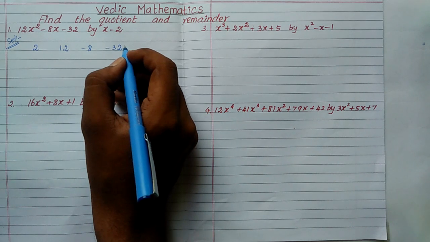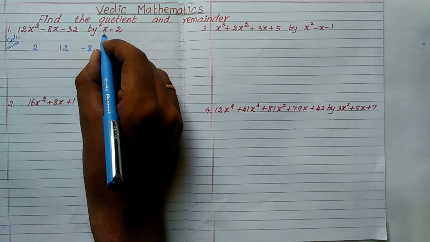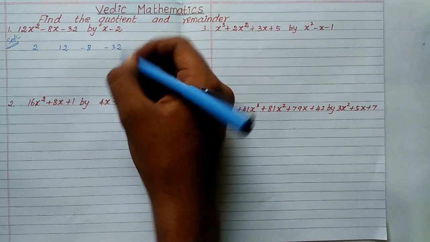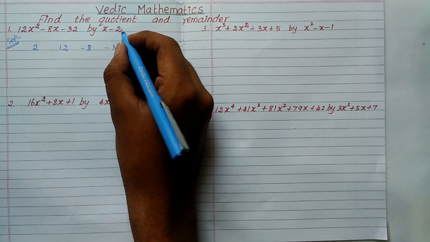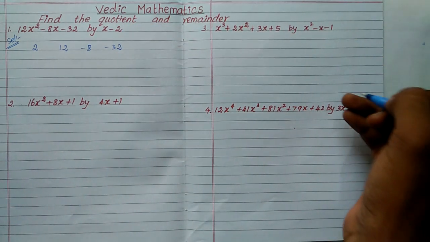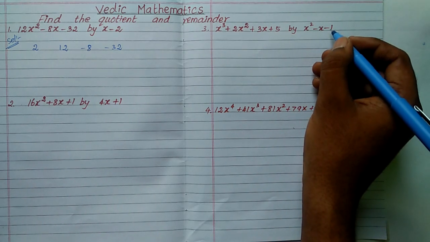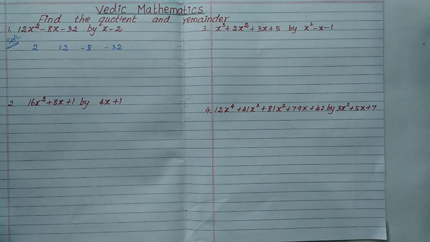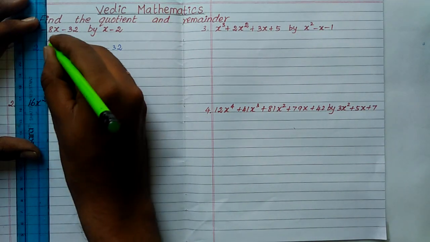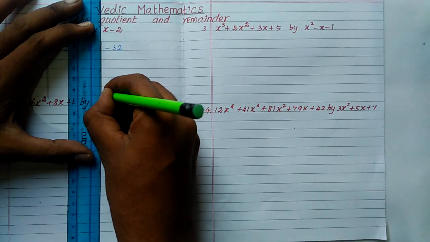Next we have to draw the line. Here two terms are there, x and constant, so we will get the remainder in the constant only, one term. In case we have three terms in total, the remainder can have a maximum of two terms. According to that we can draw the line: the division part, and the quotient and remainder part.